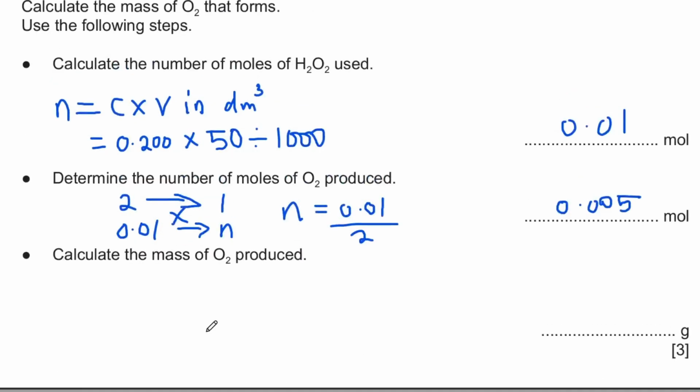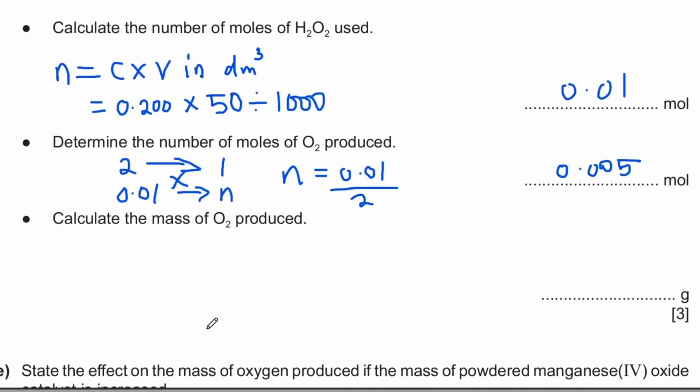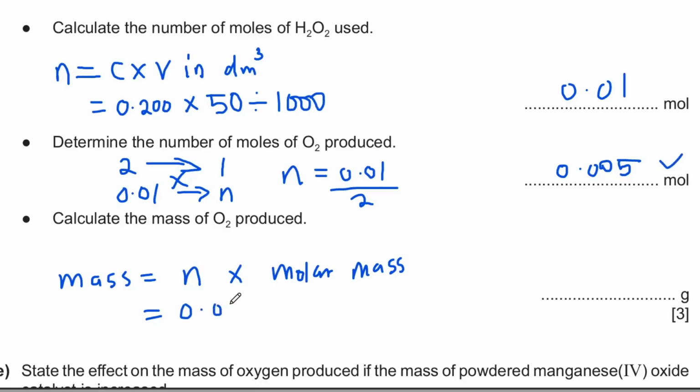Next, calculate the mass of oxygen produced. Now to calculate our mass, we use the formula mass equal to number of moles n times molar mass. Our number of moles is what we have calculated here, number of moles of oxygen. Remember, we're calculating mass of oxygen, not peroxide. So this is the number of moles we are using. This one. So we have 0.005